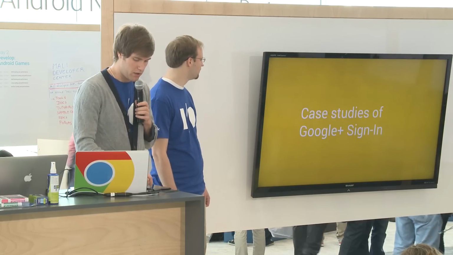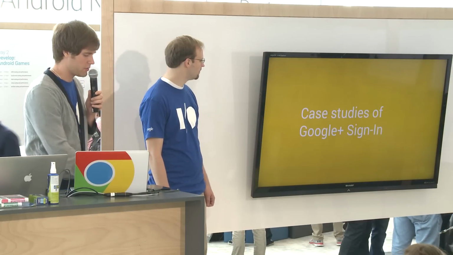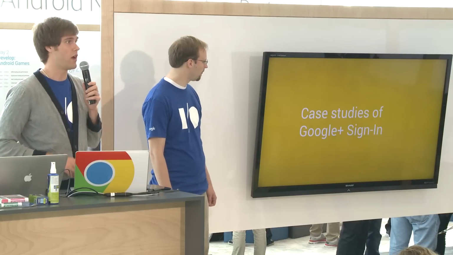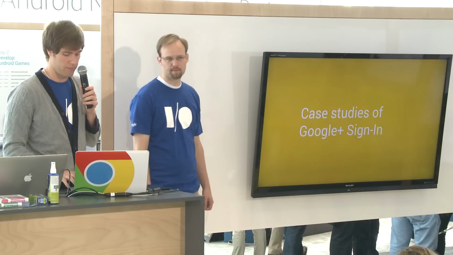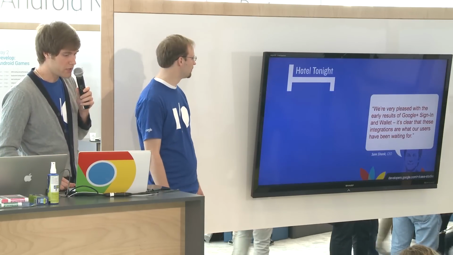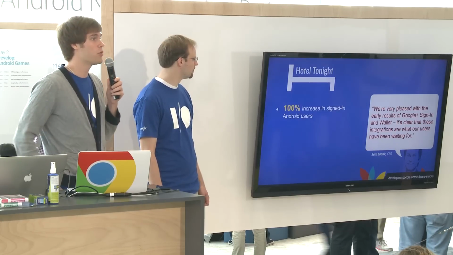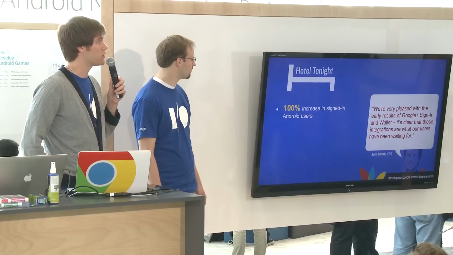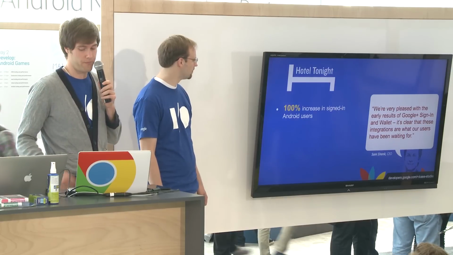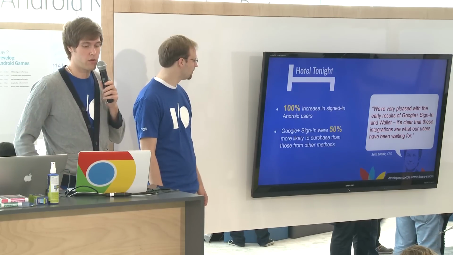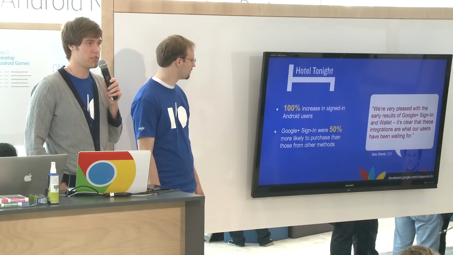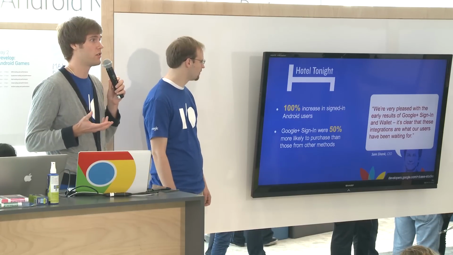OK, so now that we know what it looks like, let's take a look at some of the case studies of what our partners have found with using Google Plus Sign-In. Hotel Tonight is a hotel booking service. They found that they had a 100% increase in their Android signed-in user base after implementing Google Plus Sign-In. As well, they found that Google Plus signed-in users were 50% more likely to purchase than users signed in with other